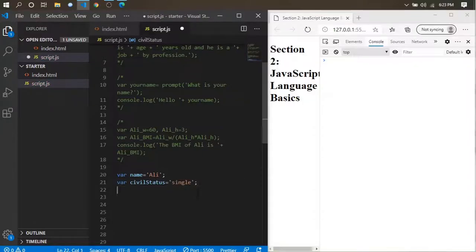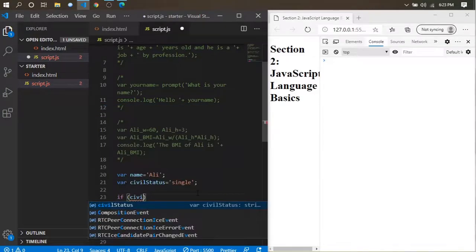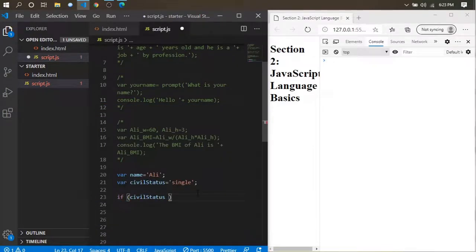He's single. Okay, so if I write if the civil status is equal to married, you must note that here in JavaScript we use three equal signs for checking if it is equal or not. So if civil status is equal to married, we should console